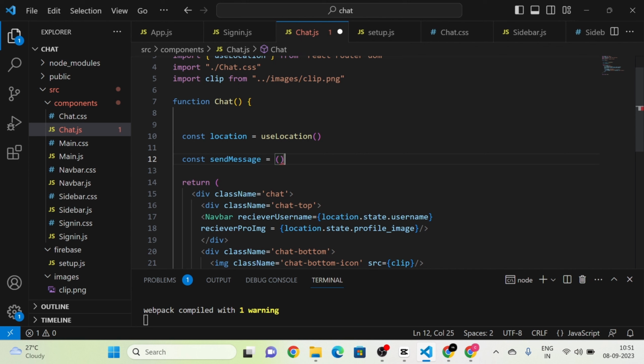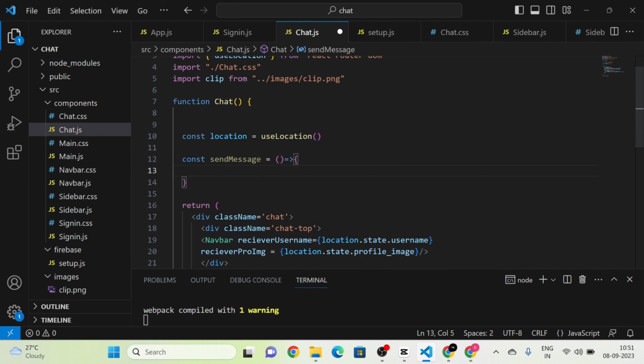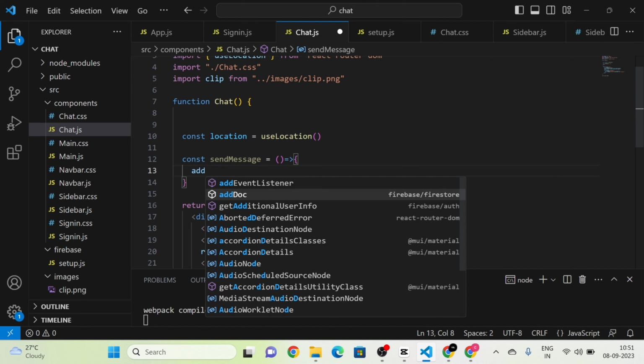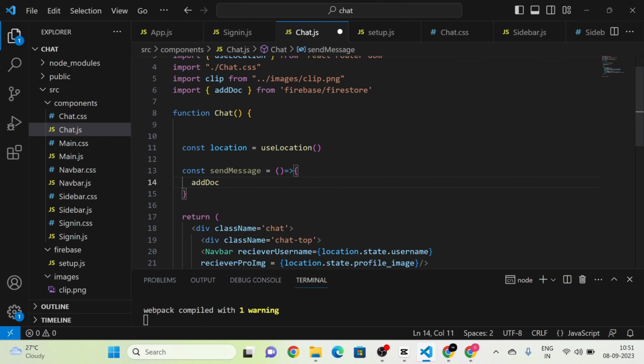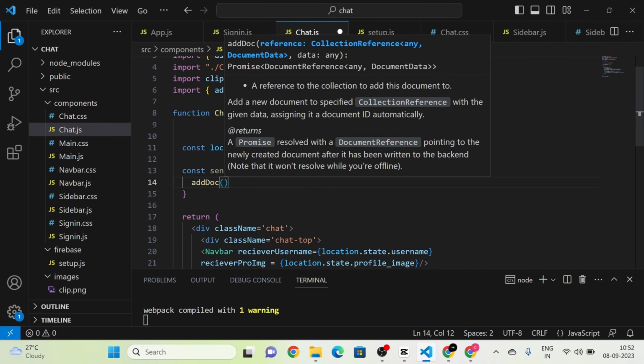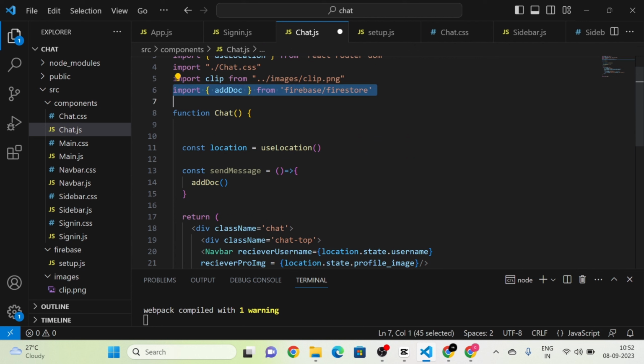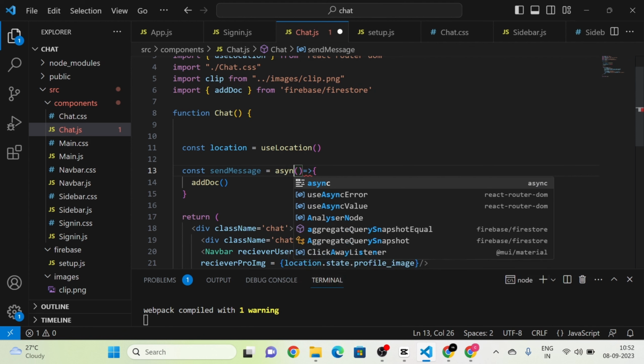Here I am going to define an arrow function, and in the send message, I'm going to use a function from the Firebase Firestore. So the function that we need to use from the Firebase Firestore is the addDoc function. Okay, so I have imported the addDoc function from the Firebase Firestore. Next, I'm going to give async await